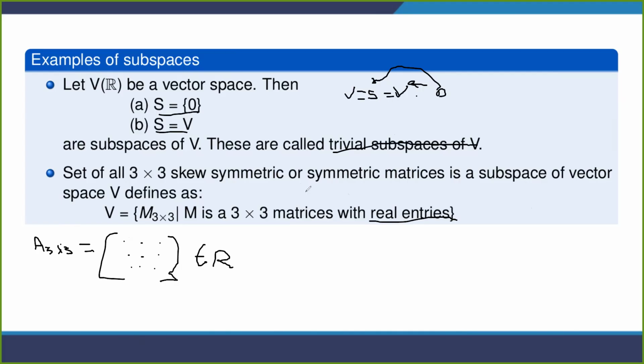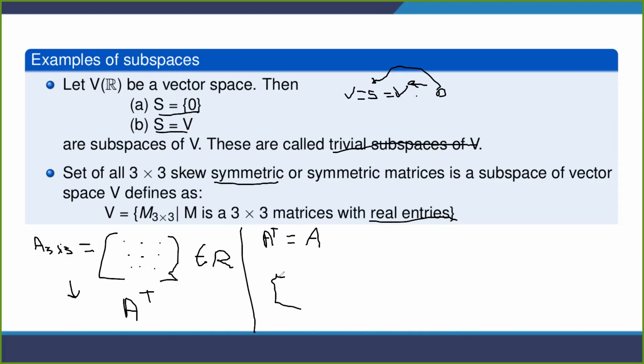But if this is a matrix, there is also a transpose, right? So if it is symmetric, then A transpose will be equal to A. Meaning what? Meaning,